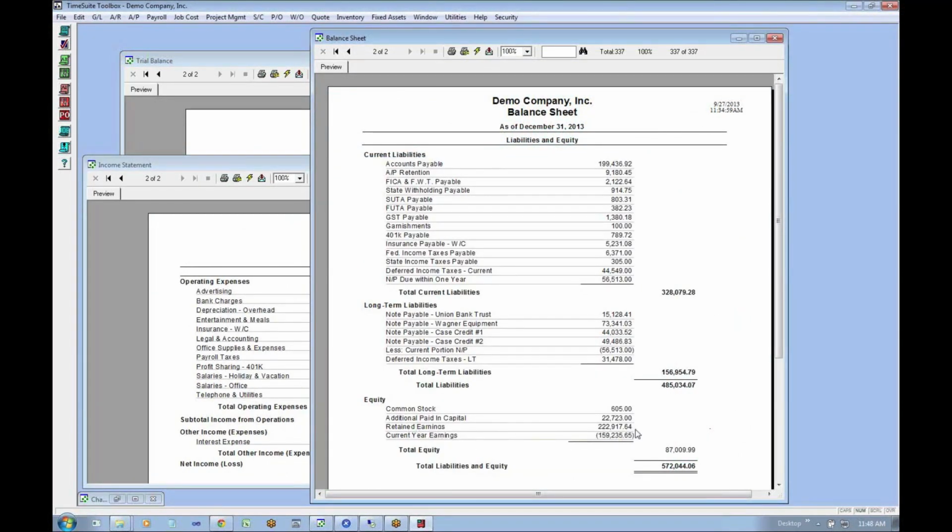So your equity position, your retained earnings, the difference between this number at the beginning of the year and the number at the end of the year is really your current year earnings. In fact, on your year-end financial statements, that's usually summed up. There's usually a statement of retained earnings or statement of changes in stockholders' equity that will recap this and combine them and give you a total. But with your in-house books, it'll show the prior year number and the current year earnings. And the combination of the two is really your retained earnings at the end of the period. So the change in your balance sheet equity is the difference between your net income for the year on your